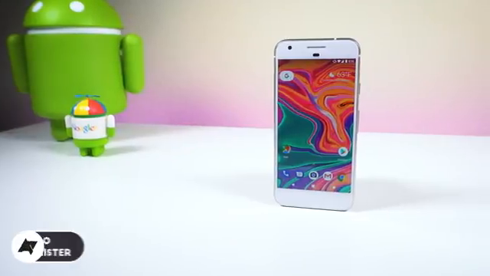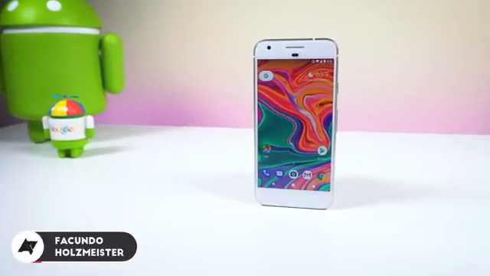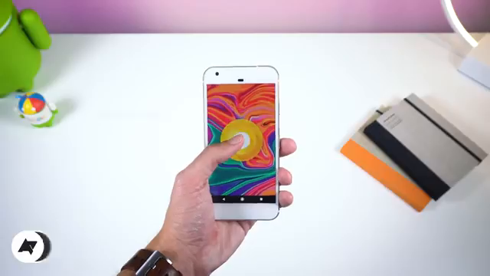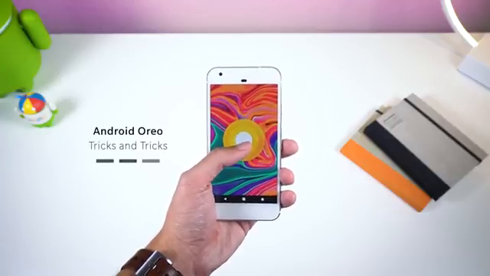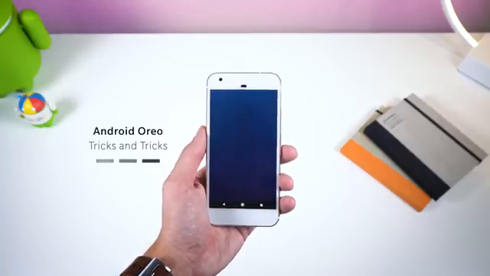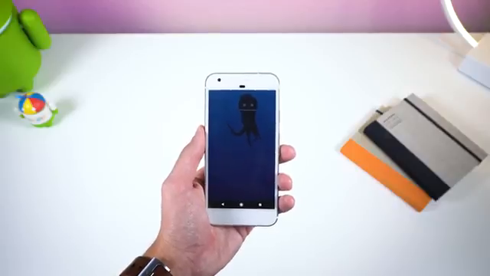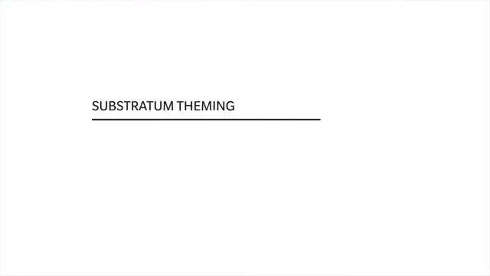Android Oreo has been officially released for a couple weeks now, and since the Google Pixel 2 is almost here, I thought it'd be the perfect time to show off some great tricks and tips I found within this new juicy update. Let's start off with my favorite trick, theming the overall UI without obtaining root or flashing a custom